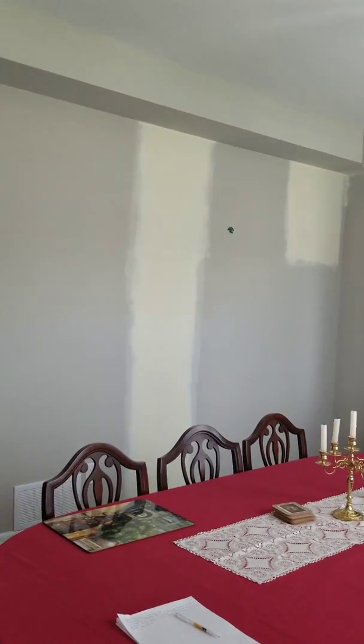And this is the dining room. There was a belly in the wall, and the drywallers tried to fix it the best they could. And this is the end result. On top here, the bulkhead,